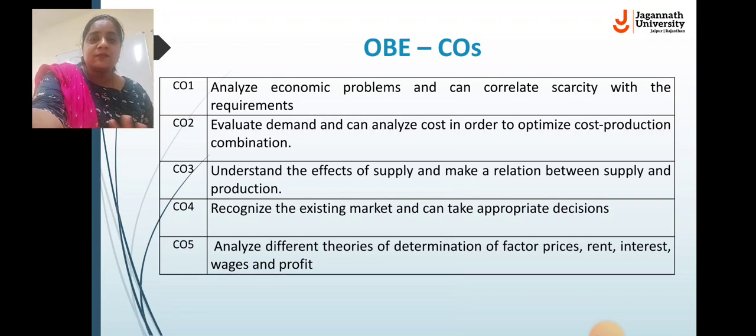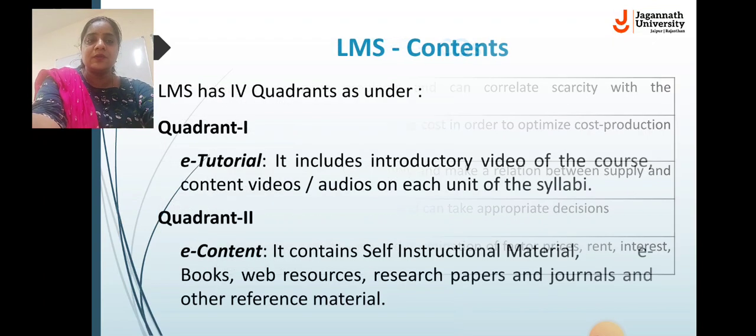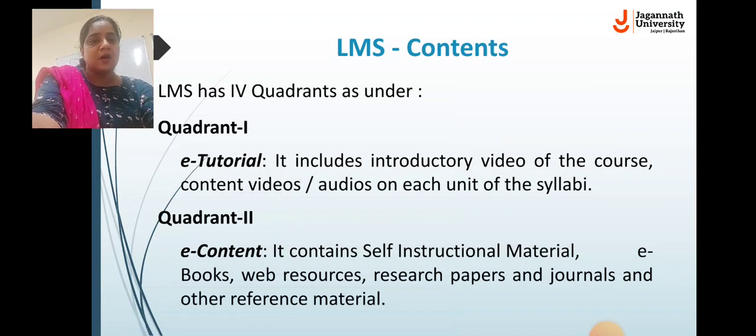So what are the different factors of production and how are the factors of production gaining from providing their services to the entrepreneurs and to the businesses and to the firms. So this would be the course outcome after going through this course. Okay, how we will be communicating to you about this course.